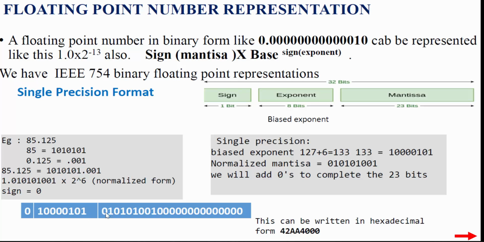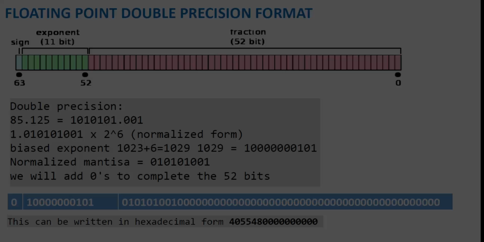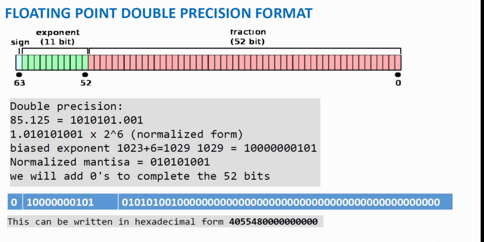Again 1010. Again A. Next is 0010. 0010 is 2. Next is 0100, again 4. So this is the hexadecimal representation corresponding to this single precision format of this decimal number 85.125. The same method we can apply for the double precision format representation also, but here the field bits are